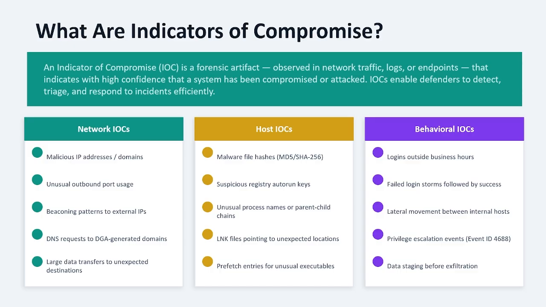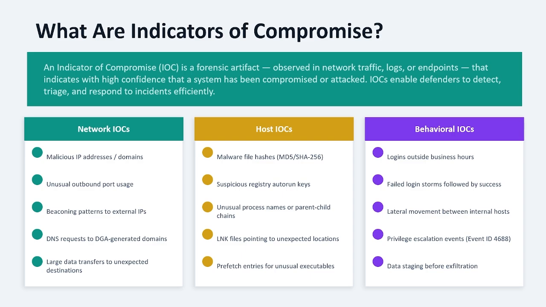So an indicator of compromise is some forensic artifact observed in network traffic, logs, endpoints, wherever, which indicates with a high degree of confidence that the system may have been compromised or attacked. And so IOCs enable defenders to detect, triage, and respond to incidents efficiently. So network IOCs, those could be malicious IP addresses or domains, and there's a lot of open source lists out there of malicious addresses, malicious domains, things to add into a block list to prevent before it gets into your